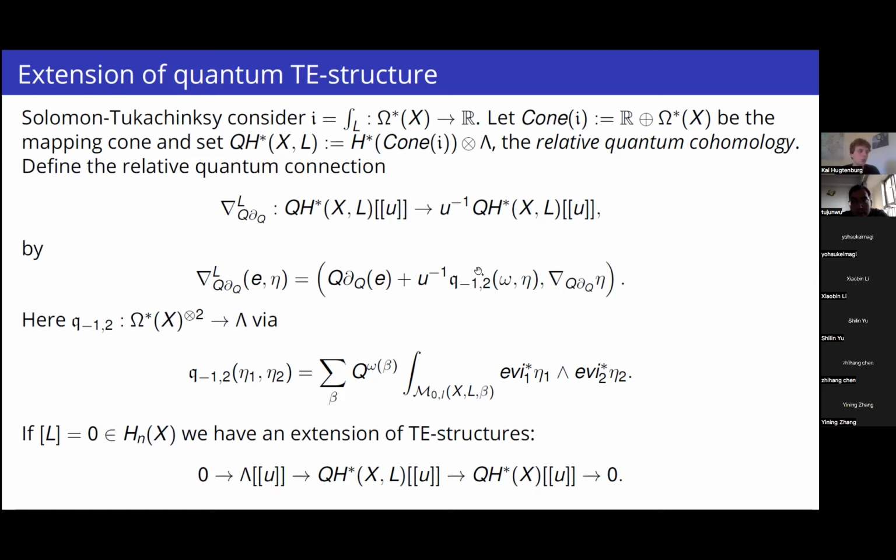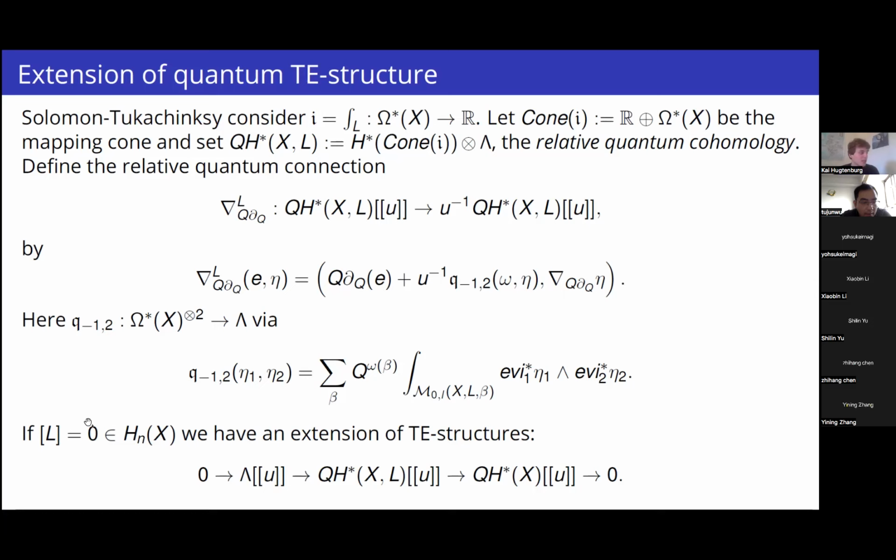Exactly. So in general it doesn't have the X part, just the R part. Okay. Yeah. And in general, this q minus 1, 2 is not a well-defined number in the sense that if you just take 2 inputs, then it is not going to be invariant under, for example, changing them by an exact term; then you're not going to end up with the same number. So this is why you need to work with this cone complex, so that this whole term here is well defined. I see. Yeah, thank you.